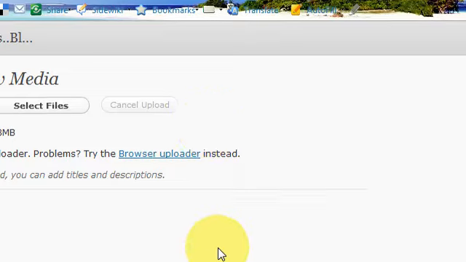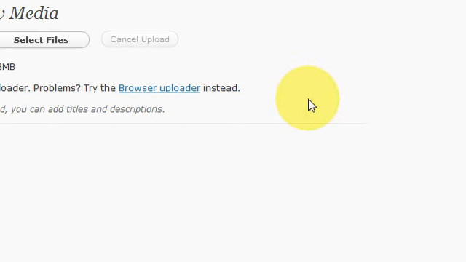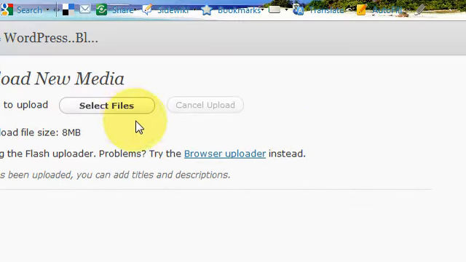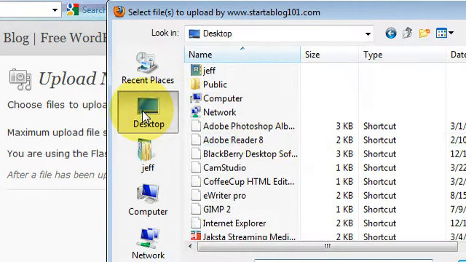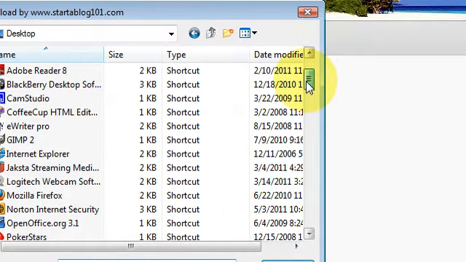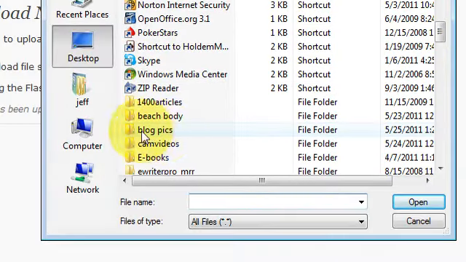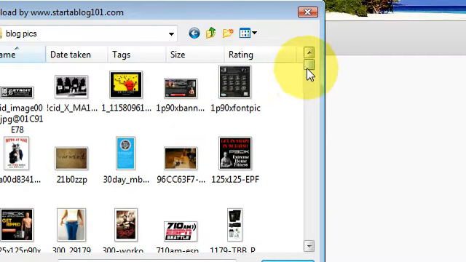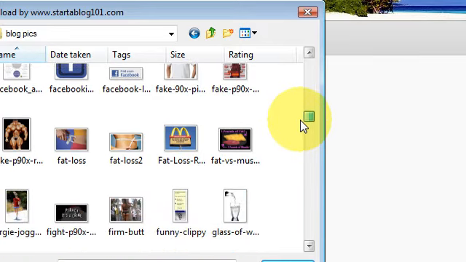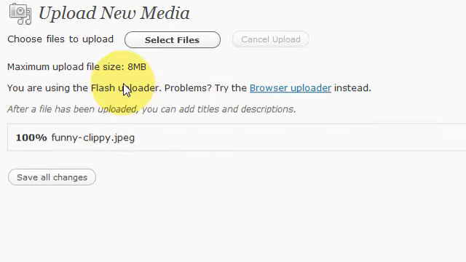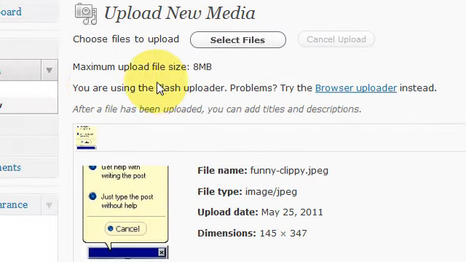First, log into your WordPress dashboard. Now the first thing you have to do is select the file or the picture or the image that you want to place in your sidebar or into your feature section. So let's find something that will fit over there. Let's go with this one. So right now what I'm doing is I'm uploading this image to the media library,